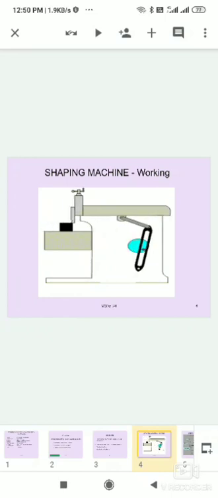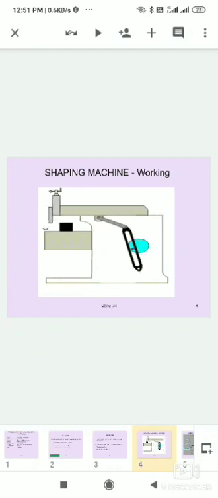Just observe it. In this machine, the main parts are the base, inner side mechanism, driving mechanism, ram, lever connected to the ram, crank, work table, workpiece, cutting tool, and lever.